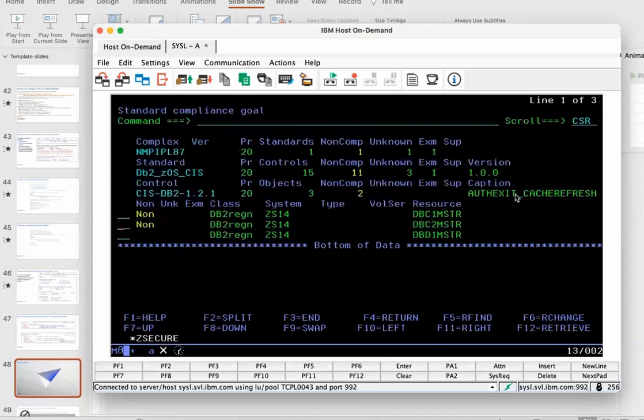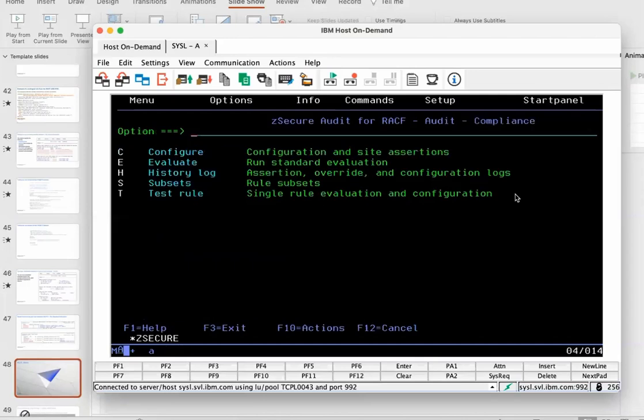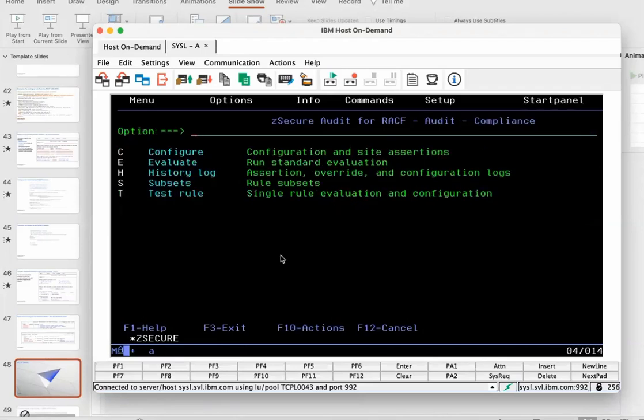Okay, and you can do this for every standard. You can run multiple standards together. So this is what the evaluate menu offers. In subsets, we have all the different fragments. So we have all the products, but we have them by subsets here. And you can see how many controls have been implemented and are available. Again, you can run evaluation from here as well, or you can do configuration, many options, and I can show you how to test